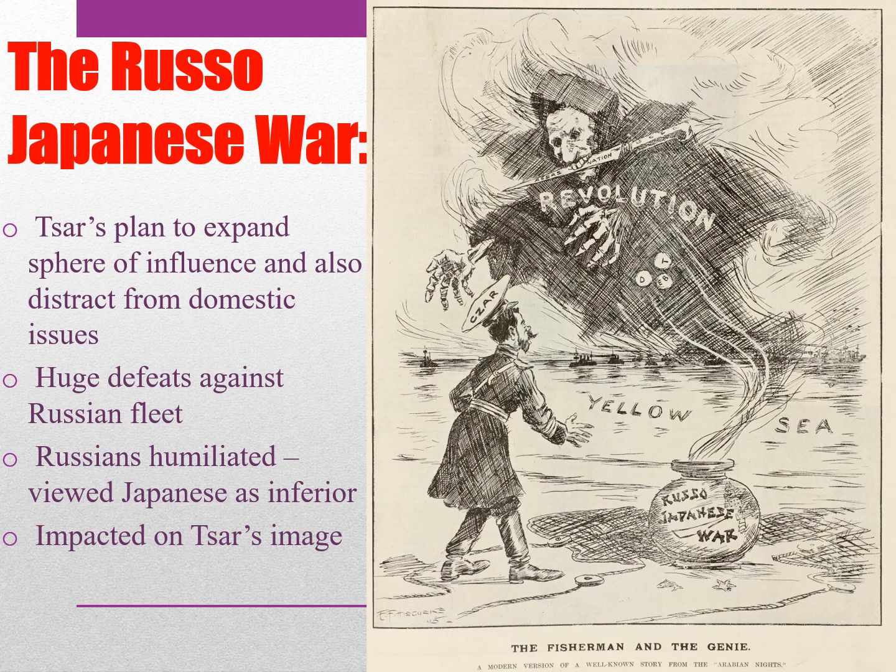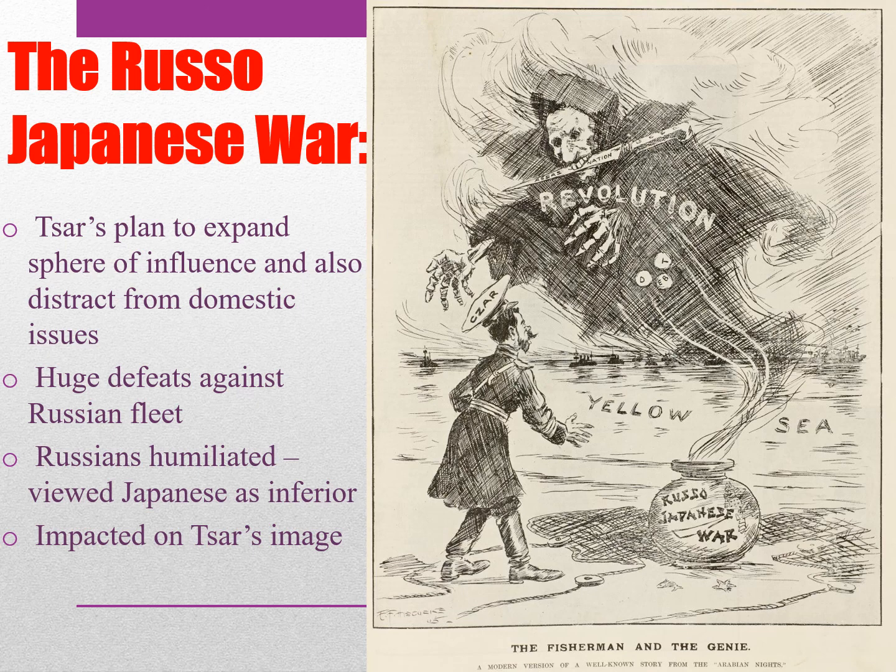On top of this, you have the Russo-Japanese War. Ultimately, it was the Tsar's plan to expand his sphere of influence as Tsars had done before him, and try and distract people from the domestic issues. So these economic slumps, this problem with Russification that was still continuing, and Sergei Witte's economic policies were causing a lot of pressure and unhappiness. Apparently it is said that there is nothing quite like a war to keep people's attention away from domestic issues. So that's what the Tsar planned to do.